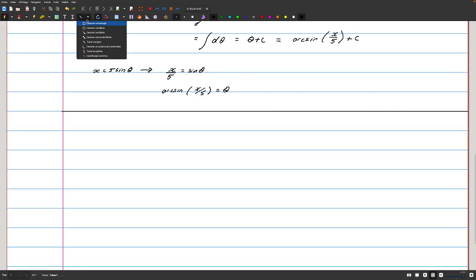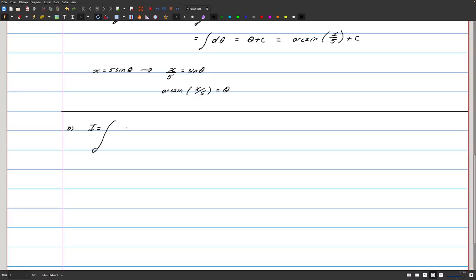All right. So the next one we're going to try, part b, we have I equal to the integral of x cubed over the square root of 9 minus x squared dx. I guess this one's a little bit more tricky, but it's still under the same form,